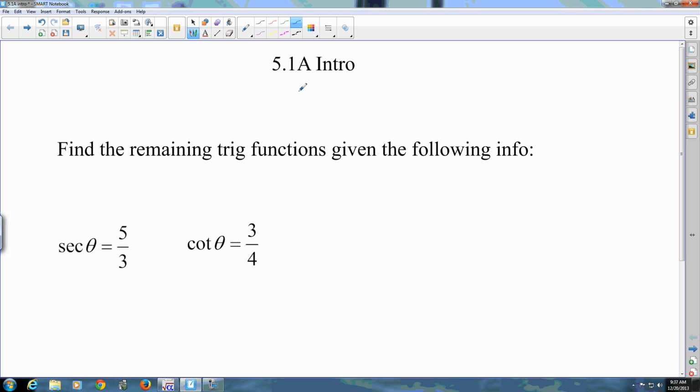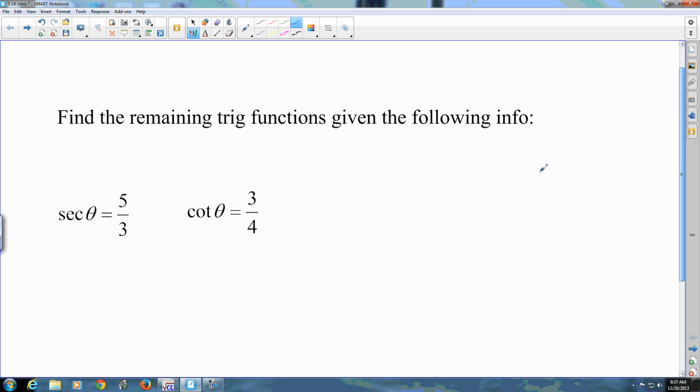All right, you guys, starting section 5.1. We're going to break 5.1 into 3 parts. For this first slide, what I'd like to remind you guys about is a good place to start when you're asked to find remaining trig functions is start by finding x, y, and r and use the basic definitions, non-SOHCAHTOA